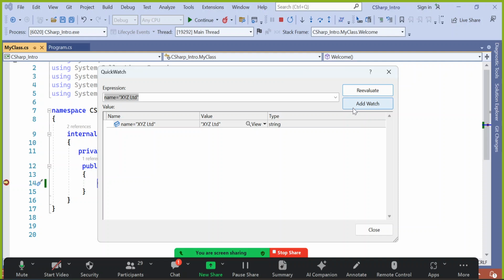Add watch, can you see here? That means you want to say, every time when the program is executed, I want to see this name value. Every time I want to see that name value, then click on add watch. Optional, but if necessary, you can add it. Imagine you have a lot of errors in the program, and all those errors depend upon an input value. Then don't you think you should add watch? Every time I run the program, as long as I am not deploying it, I want to see that